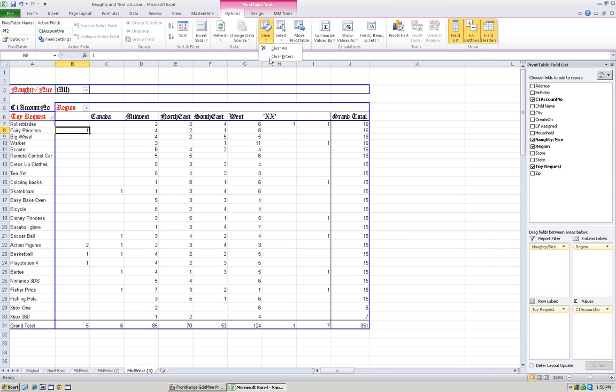Now that's a nice feature to have if you're troubleshooting. Oftentimes if somebody calls me up and says, hey, my report is not accurate, I know for a fact the numbers I'm looking at are not right. Usually what we find out is they're filtering on something and they didn't really realize they were filtering. So the first thing, of course, is to look for that little filtering icon on drop-downs. But if you've got a whole bunch of fields in there or it's a little confusing for you, you can always go to this clear button and just hit clear filters and it will open that up